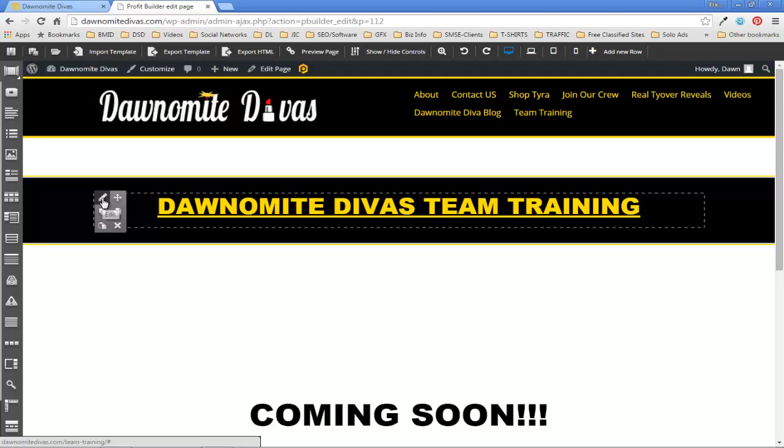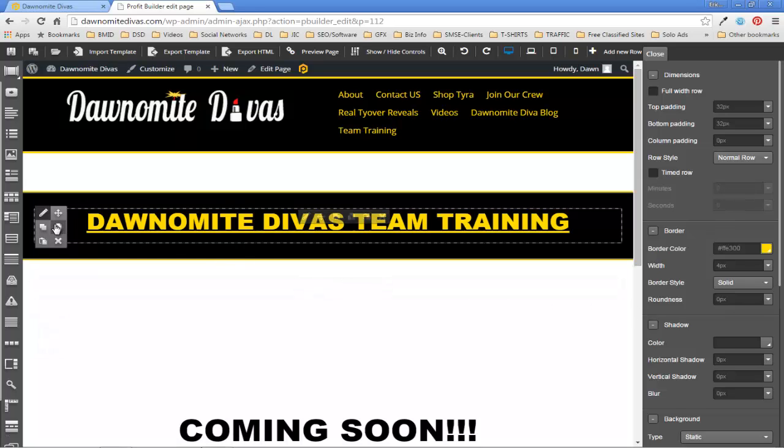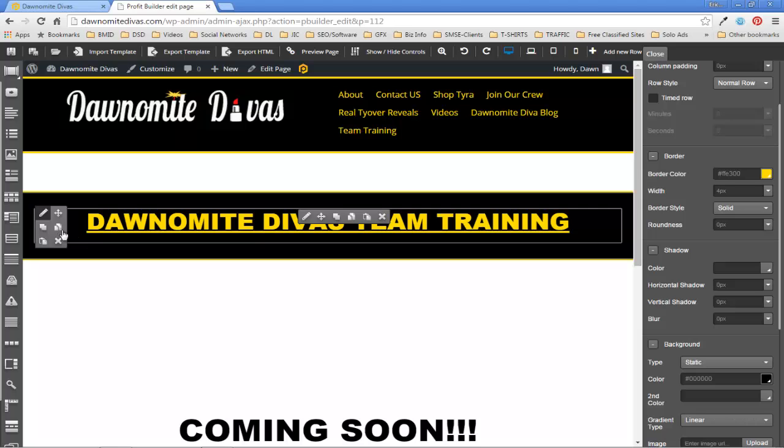Okay. If you wanted to edit it, you would click on here. That would bring up the controls for this overall row or container, whatever you want to call it, over here on the right side. Again, this is already set the way it should be set, so